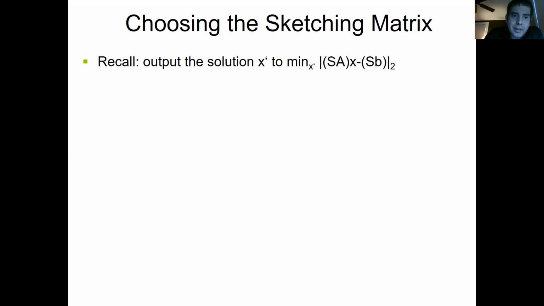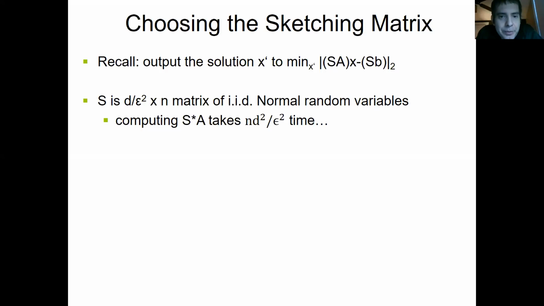And it turns out that lots of choices for this matrix S work. So maybe the first thing that might come to mind is a matrix of IID normal random variables. Okay, and in fact, this does work. And this small dimension k, so remember S is k by n, it's short and fat, and the small dimension k is d over epsilon squared. And if you compute SA and SB, you'll get a 1 plus epsilon approximation with high probability. The only issue here is, well,